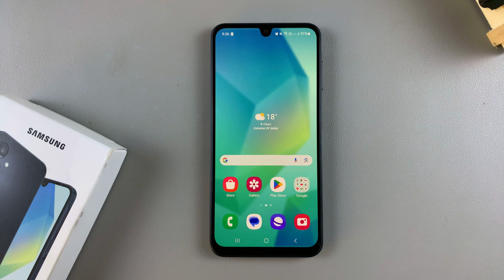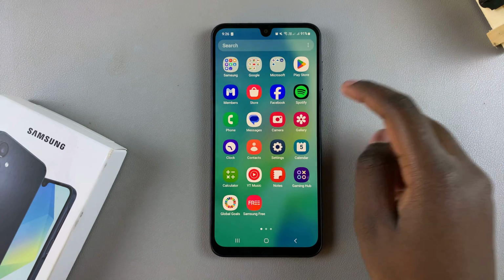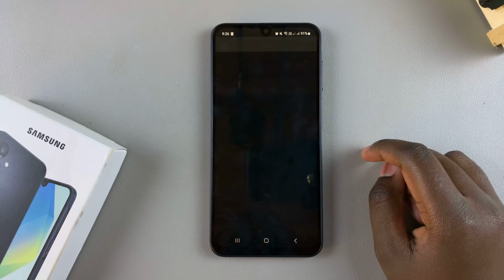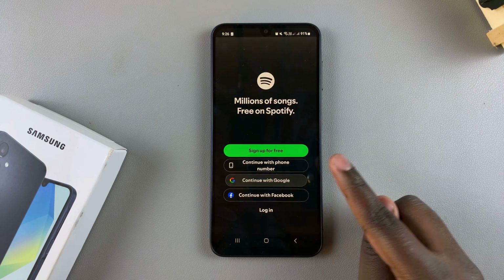So in this video, you'll learn how to enter and exit split screen mode on your Samsung Galaxy A16. So the first step is to open an app. So open an app that you would like to use in split screen mode simultaneously with another one. So say for example, you want to use Spotify. So once you've launched Spotify and say for example, you've logged in,